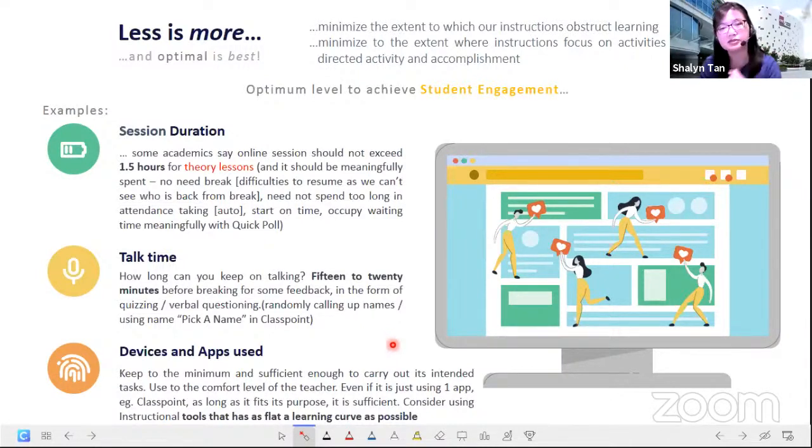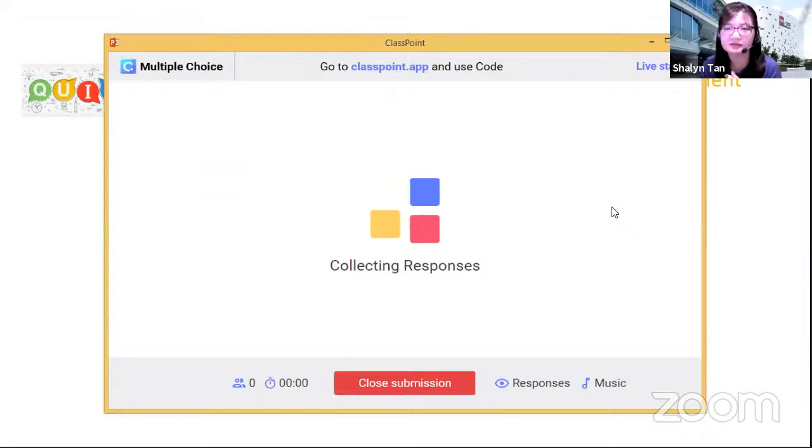So that reduces my own fatigue as a lecturer when we teach, by lessening the need to switch from screen to screen, right? So less is more, if that's one thing that we want to take away from this session. Minimalist approach, yeah, to still engage our students with the contents, with their fellow peers, and of course with the lecturers as well. So moving on, let me just, I think